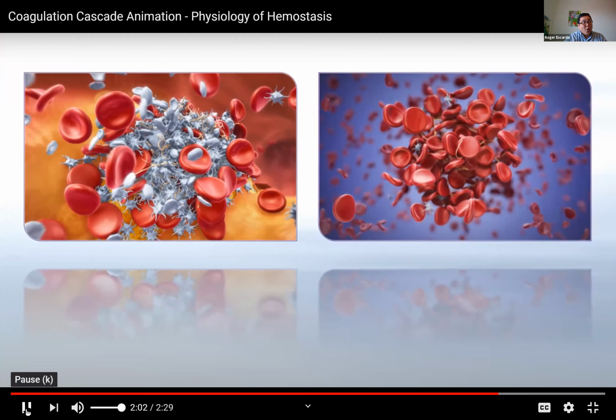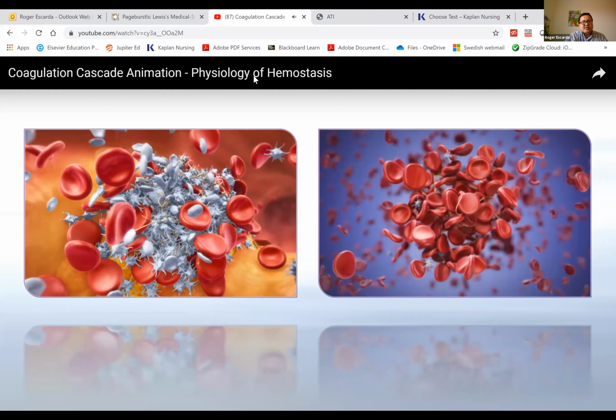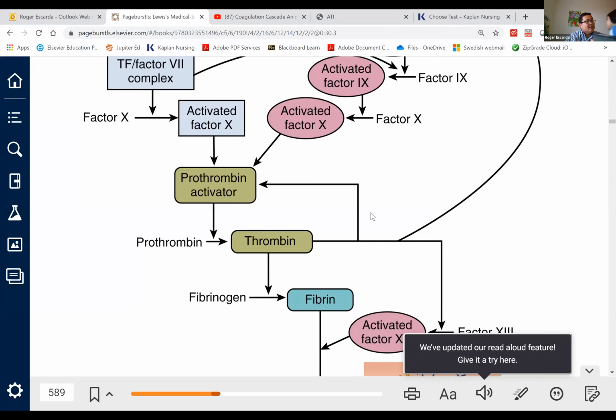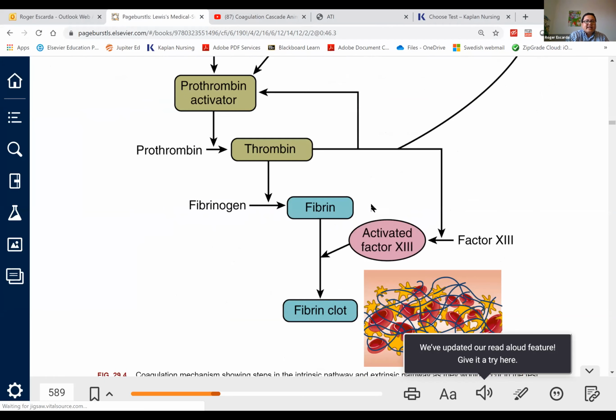Okay, so that's where your clotting cascades form. So that explains your intrinsic and the extrinsic pathway. Again, I'll explain the significance of that clot formation with anticoagulation therapy. So we have various types of anticoagulants which will stop the clotting,